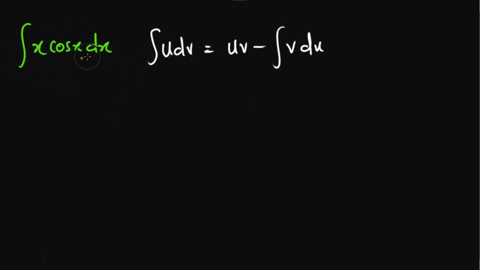So for this particular question, we have to choose one of these functions to be u, and we have to choose the other to be dv. So the question now is, which one should we choose as u and which one should we choose as dv? Someone came up with a way or a formula to help us decide which function we're going to be taking as u and which function we're going to be taking as dv, and that is the